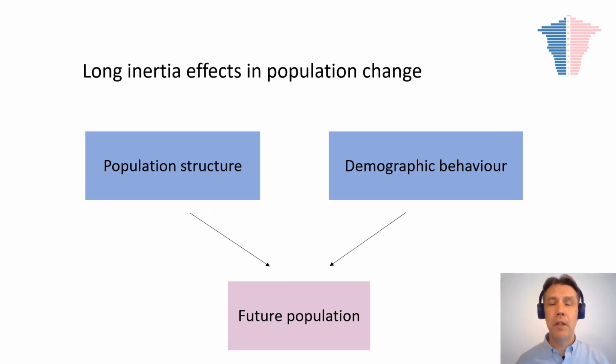Demographic behavior, for example, the number of children each household wants to have, is only one element that predicts future population, but the other is population structure, or the number of people who are in the family ages. So these factors together predict what would be the size of the future population. It is true that demographic behavior changed in China, especially among the urban households.